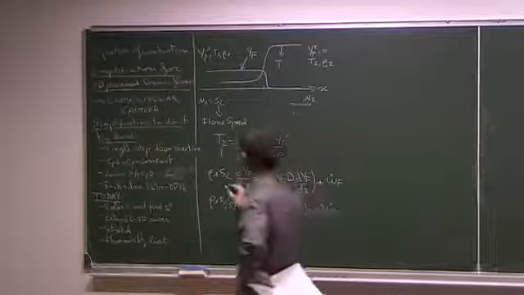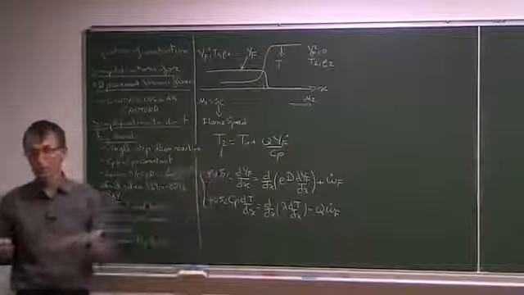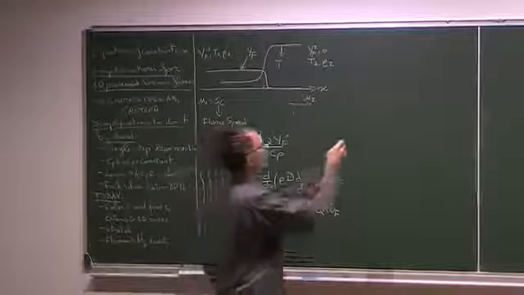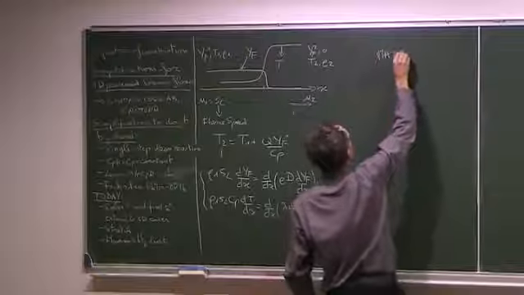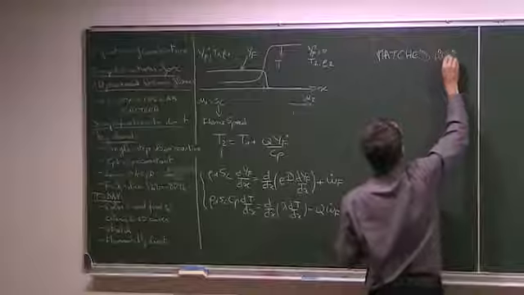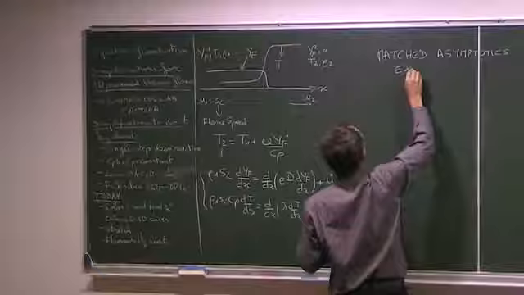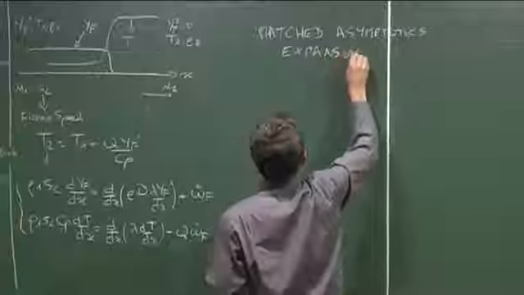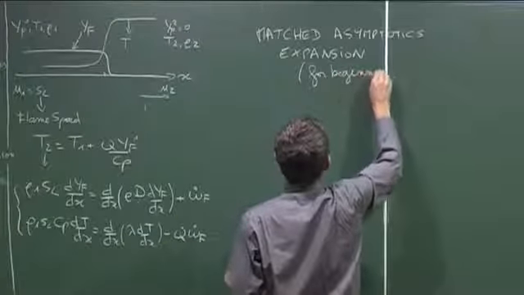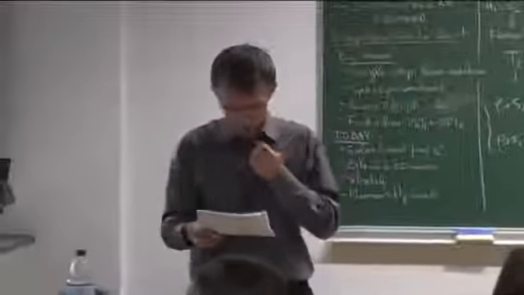These equations are not that simple to solve, okay? We still have two of them, first problem. Now there are all kinds of methods in the literature, and today I will pick one very, very simple example of a big body of research here, which is called matched asymptotic expansion. I should add, for beginners, okay? I'm going to do a very, very simple matched asymptotic expansion to solve this equation.